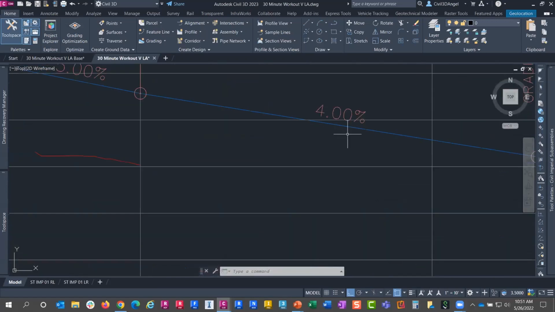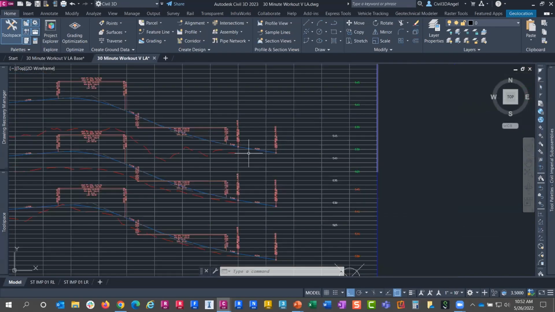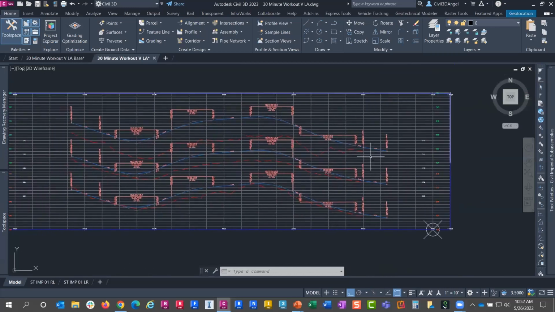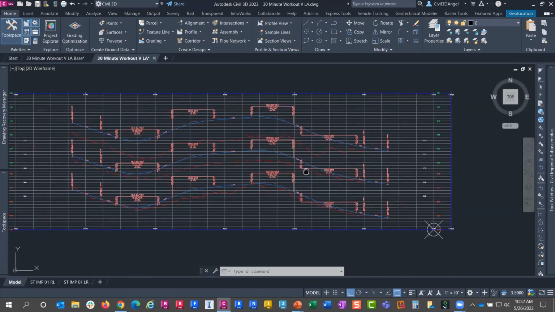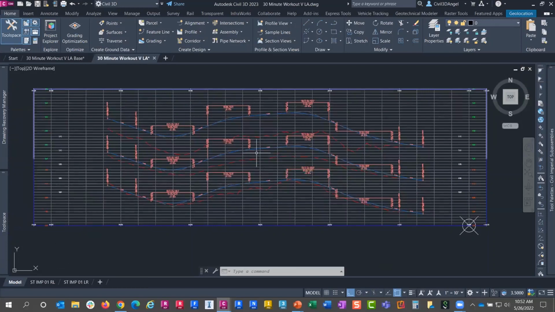In essence, that one wants to be below the line, but because we're going right to left, I have to put in a negative value so it ends up on top. So that being kind of the pro tip there that many people need to understand, even if they're only doing a single line profile. Now, another thing that could be confusing is I'm going to grab one of these